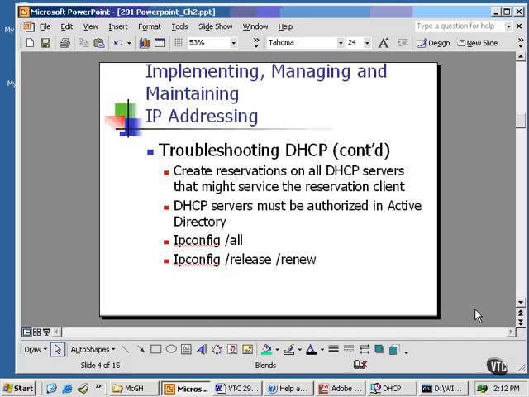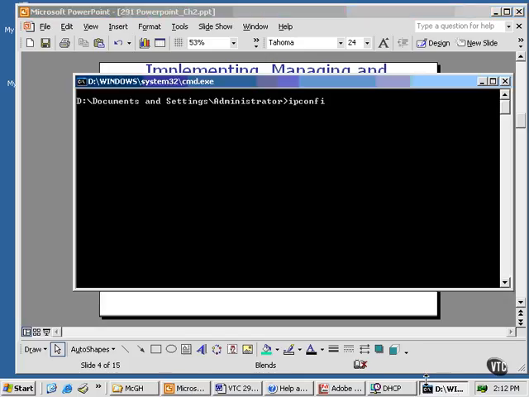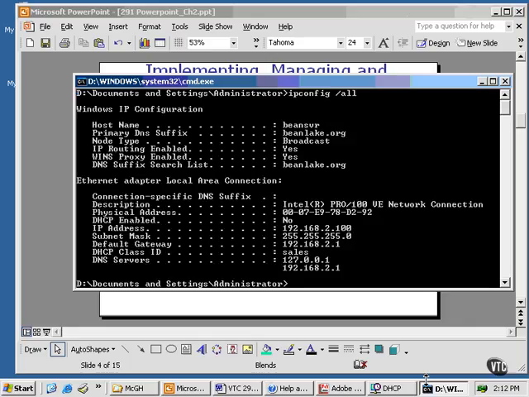And then finally, remember your ipconfig utility. I think all DHCP troubleshooting really starts with the ipconfig utility. And with the ipconfig utility, you can look at all configuration parameters, and on a client machine this will tell you if DHCP has been enabled or not, any class IDs that have been assigned to that particular client. So there's just a wealth of information you can gather from ipconfig,